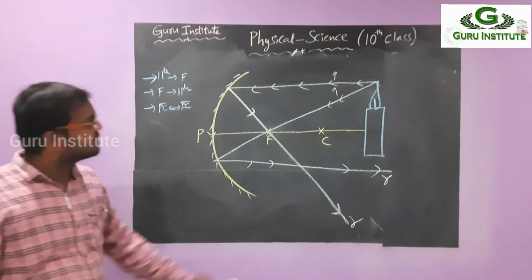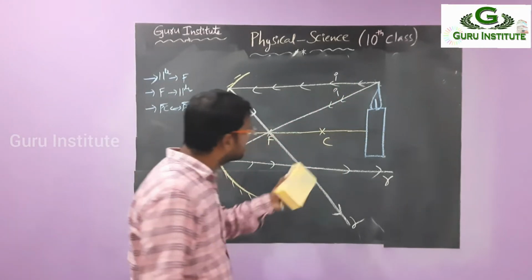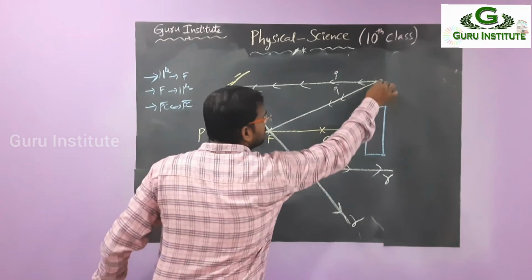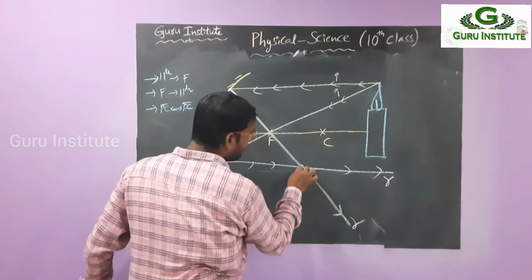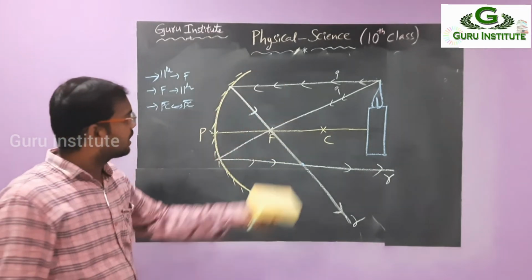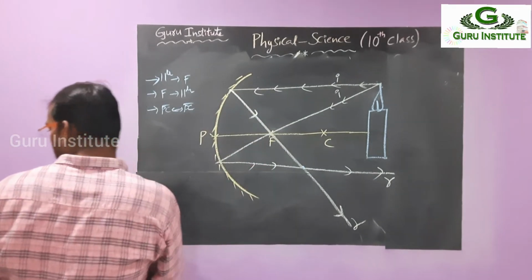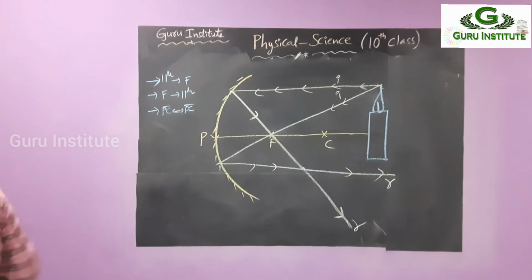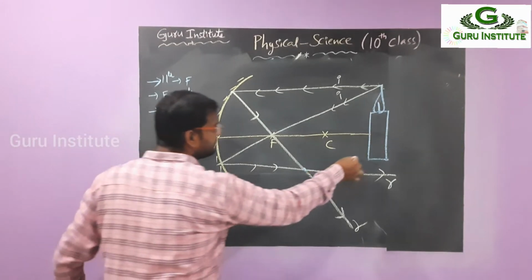So where is the top of the tip found? Here the top of the tip is found. I am taking the same color here. So this is the top of the tip. Here also the top of the tip is found. Alright, the top section is over. Coming to the bottom section, we have to take the bottom section like that, from the bottom.